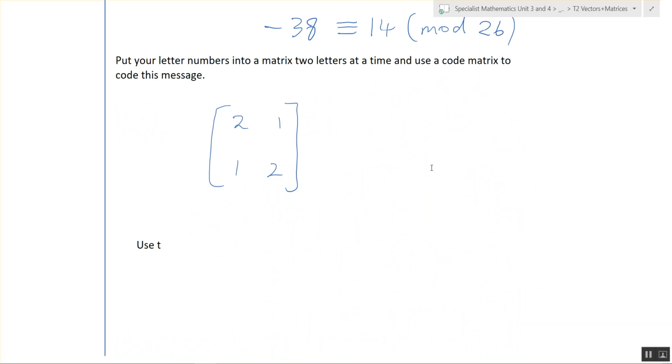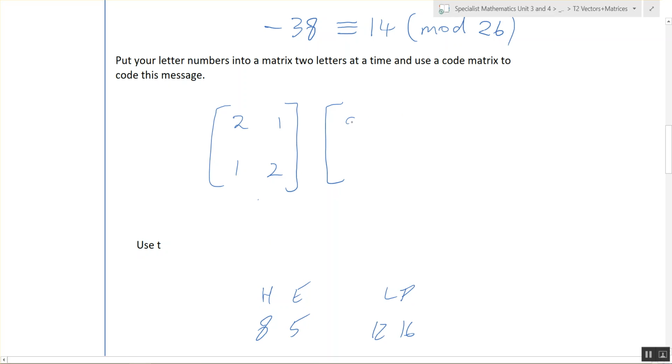We can cipher a matrix or an encryption matrix. So the word help, H-E-L-P. So what would be the numbers associated with these? So let's put the H and the E in a column matrix. Okay? We then multiply these out. So 2 times 8 plus 5